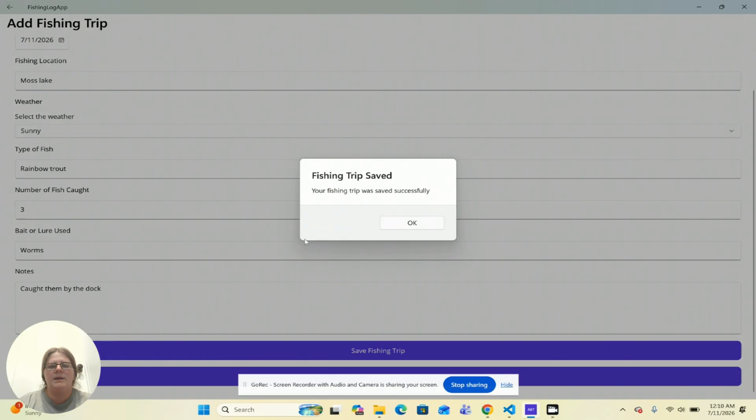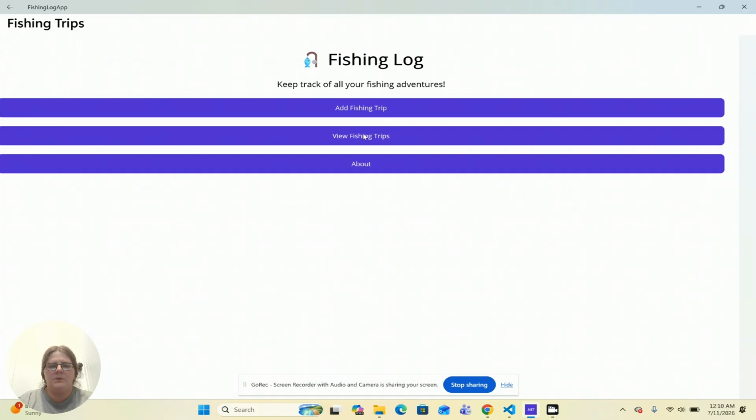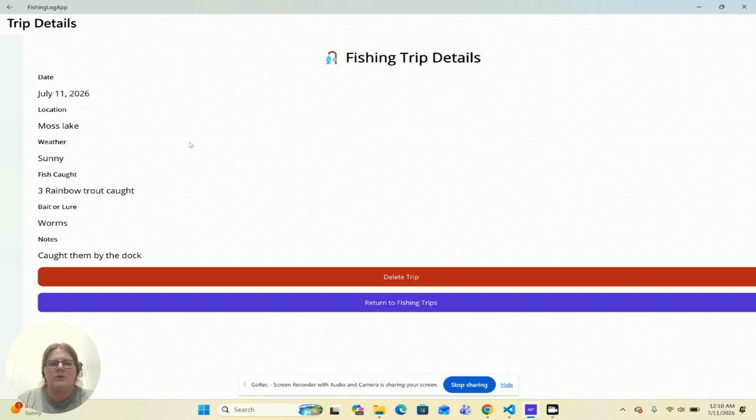So when I save the trip, the application validates the information and stores it locally as a JSON, so it remains available after the application closes. To view the fishing trips, here's a list of saved trips. The application displays a summary of information such as the number of trips and then the total number of fish caught. So one of the trips,